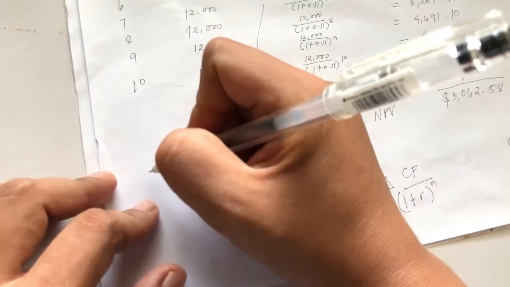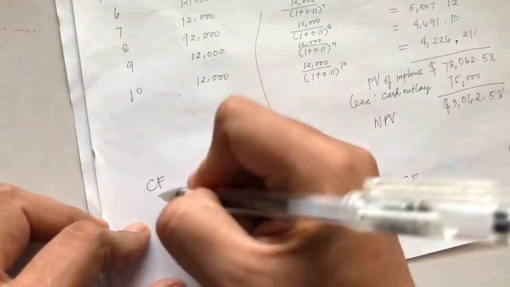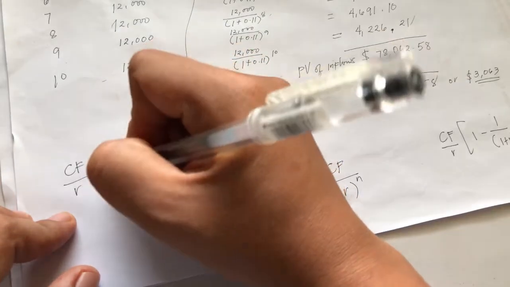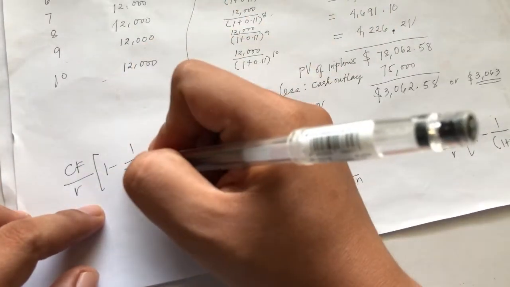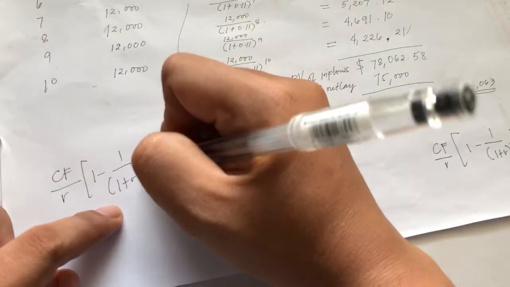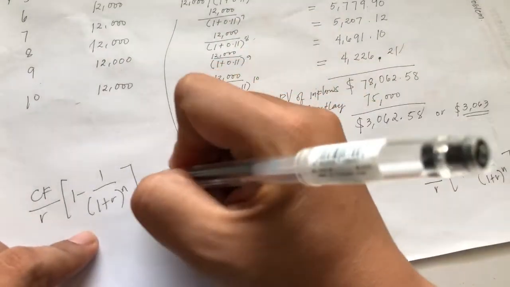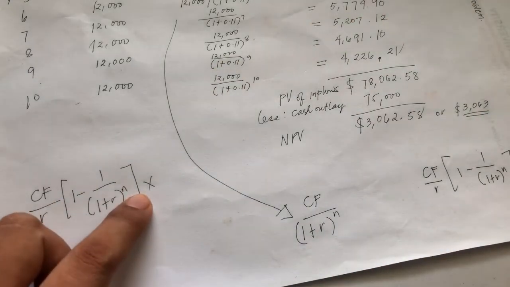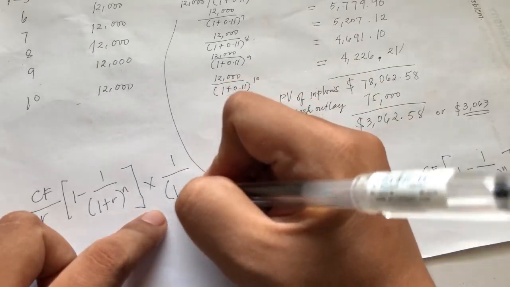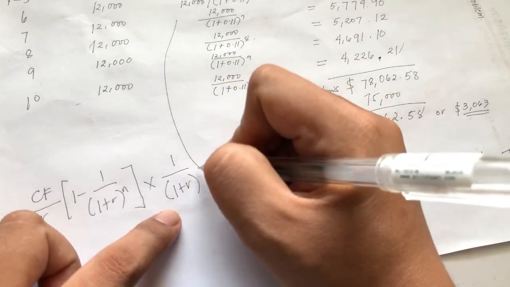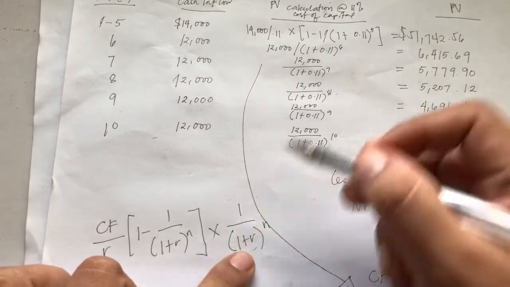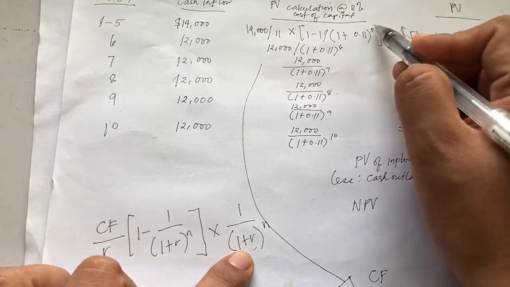Let's say, CF, dito ko na lang isulat. CF, or cash flow, divided by rate. And then, times 1 over 1 plus r raised to n. So, yung isusupply nyo dito is kung ilang years yung